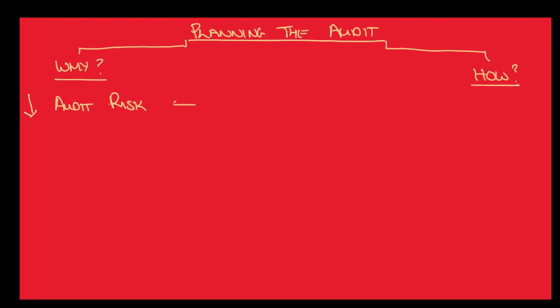And so we need to plan to focus on the risky areas, on the areas where we may make a mistake, the areas where we need to concentrate on to make sure we get good evidence so we don't make a mistake. So we need to focus on the risky areas. The other reason why we plan is in order to increase the quality of our audit, which therefore, of course, will reduce the audit risk.